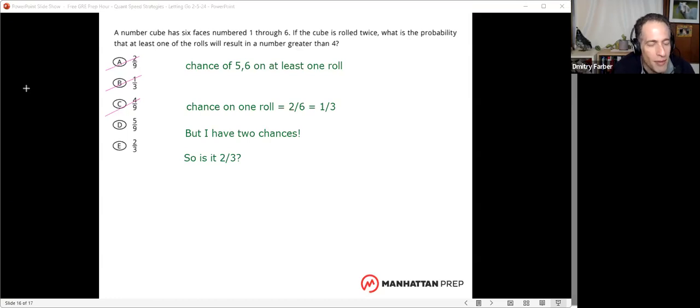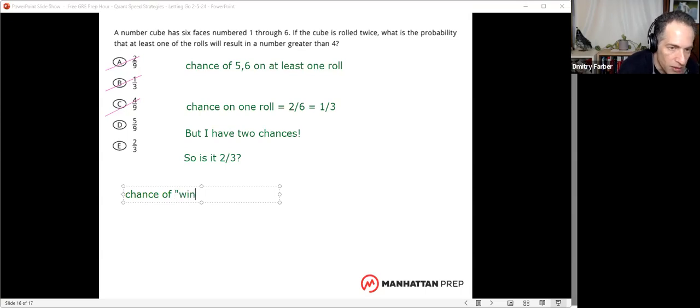In other words, a third of the time we'll get it right on the first roll. And we're only really concerned, in terms of adding to our chances, with the ones where we didn't get it right the first time and we get it right the second. So I think the tough way to see that maybe would be to say the chance of a win, if you want to call it, on the first roll is 1/3. And then